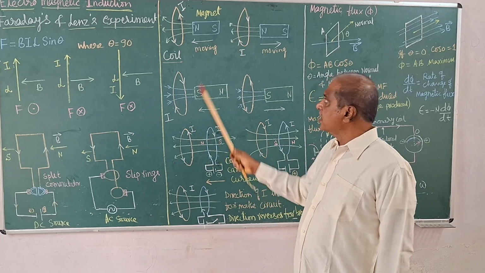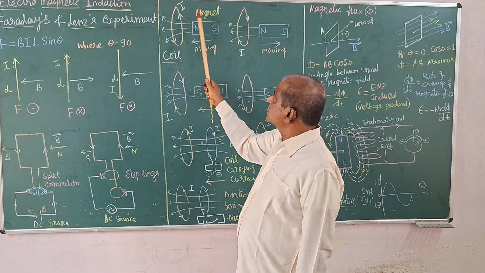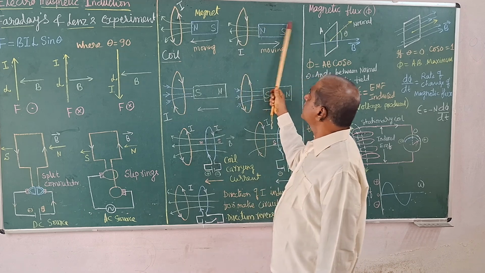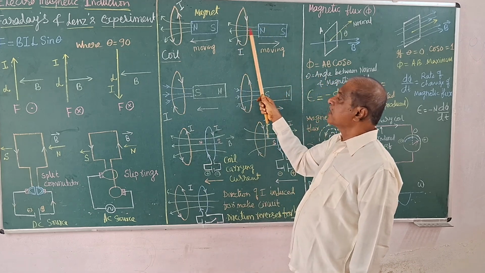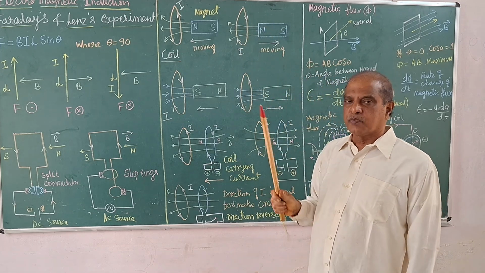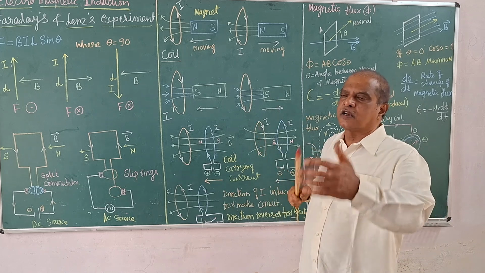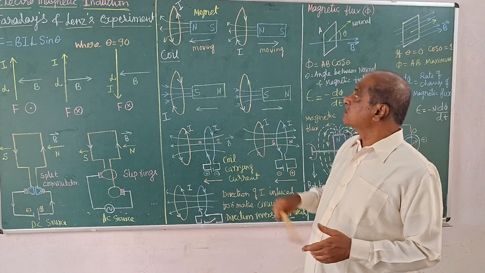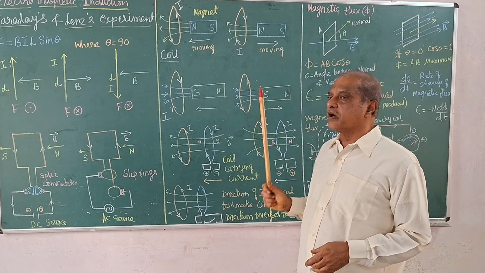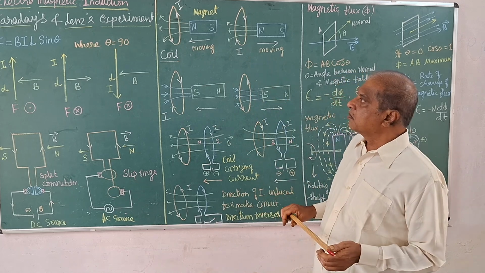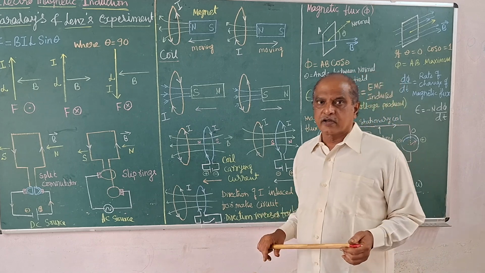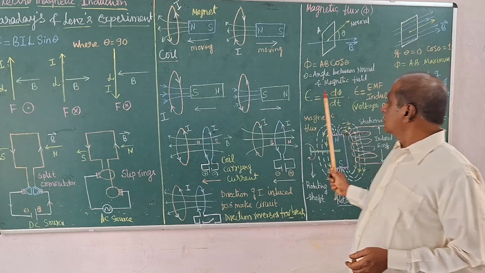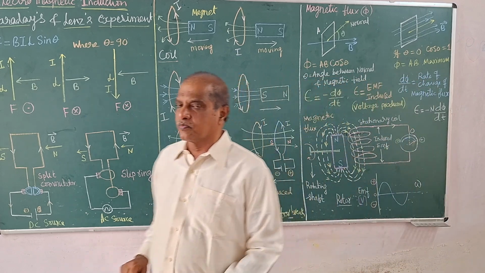When you move like this, magnetic flux increases. When you move away from this, magnetic flux decreases. The change is important. Magnetic flux either increases or decreases. The variation of magnetic flux with respect to the conductor induces current in it. That is what Michael Faraday's observation finally led to, the idea of the rate of change of